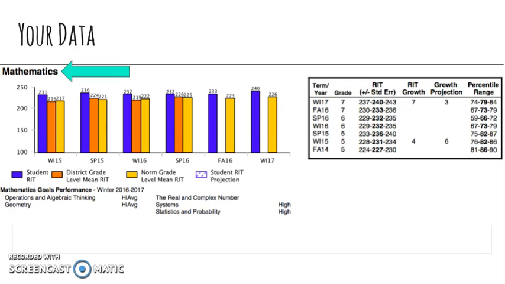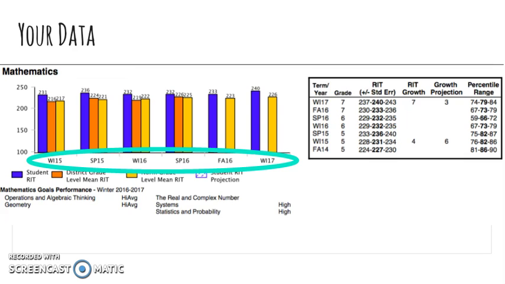First, at the top, it shows you which test. So normally it has your data and it'll say either mathematics or reading. Then you'll see a graph that shows all these little letters and numbers. Those represent your different tests that you've taken since at Heritage. The first test you took at Heritage will be on your left. So if you're new to Heritage, you should just have maybe a fall score. Or if you just came in, you might only have a winter score. This Kipster starts in winter 2015 and goes to winter 2017.